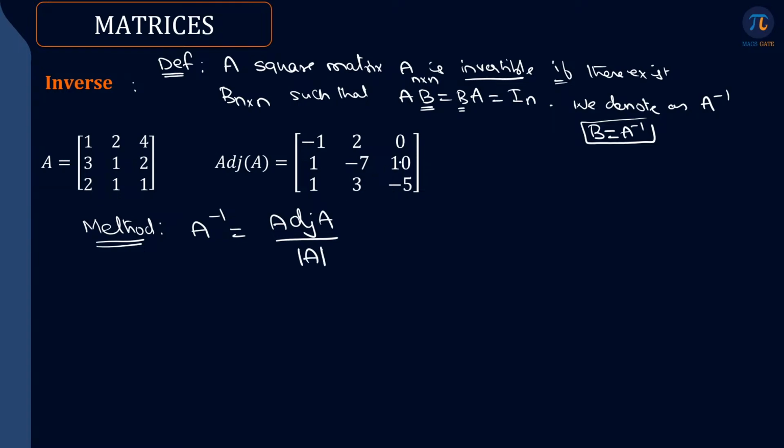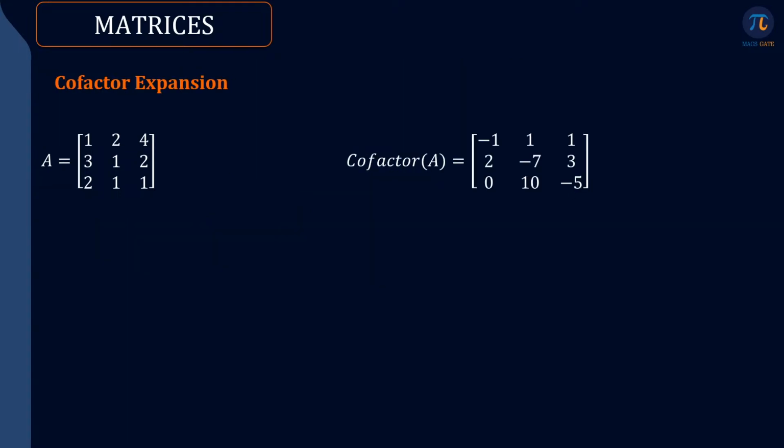Here I already know how to find the adjoint. First find the cofactor, transpose, then you get the adjoint. Then what about the determinant of A? Here we also need to find the determinant. I will give you a shortcut later, but first of all one should definitely know this method for